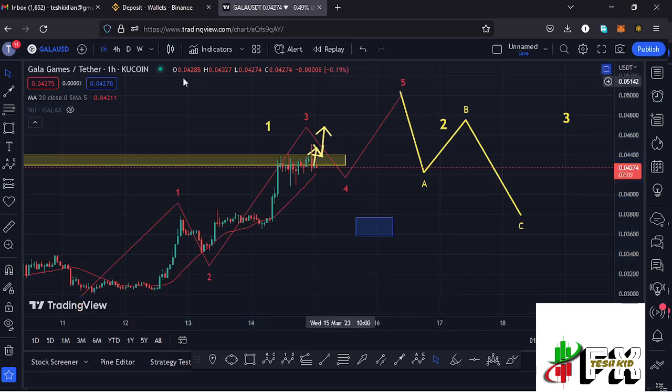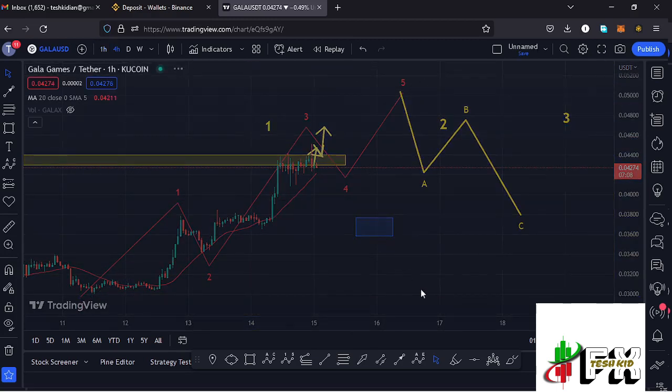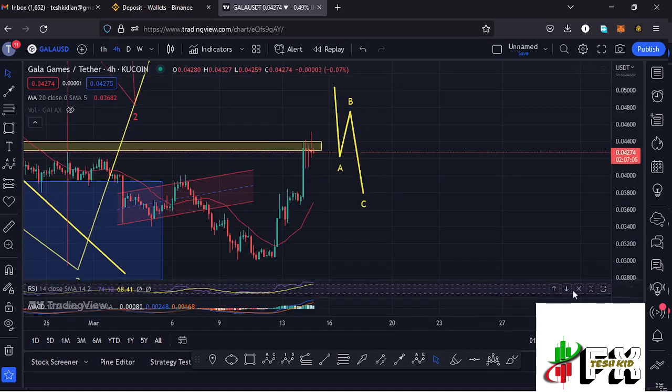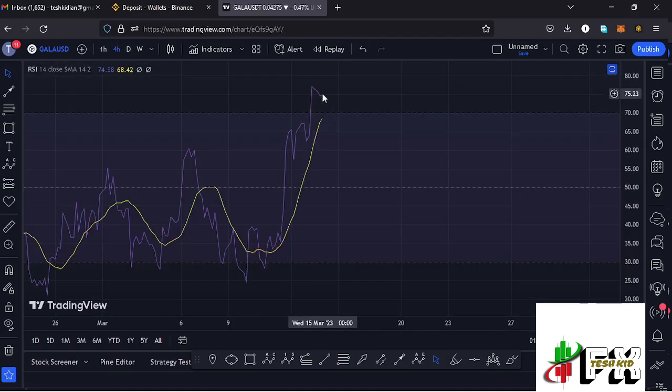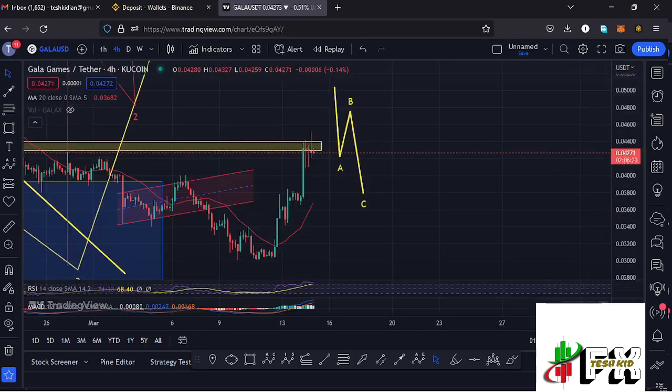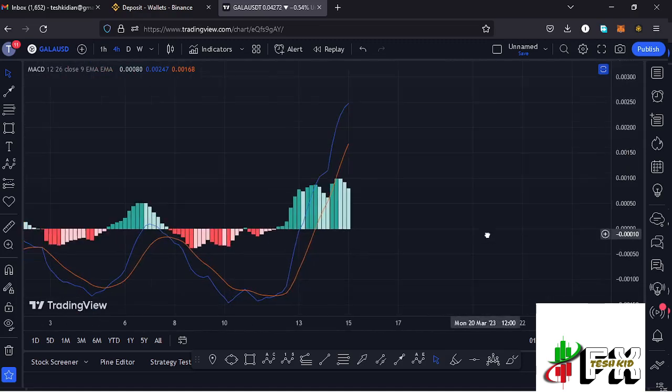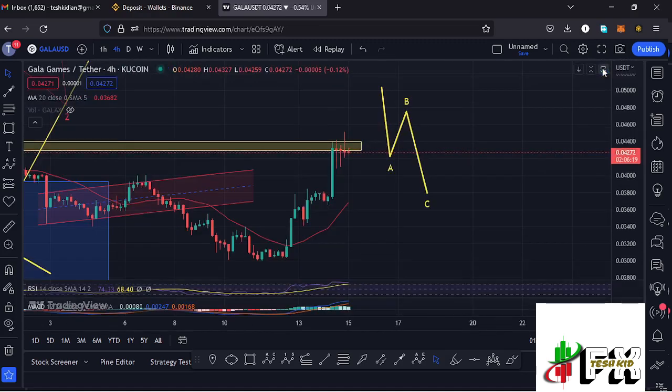And getting back to the 4-hour chart to take a look at the indicators to see what movements will be supported. Here on the RSI, we are trading at around the 74 mark, meaning we have managed to get into the overbought region, but that doesn't mean that any higher prices won't be supported on the RSI. Also taking a look at the MACD, we have been able to print a bullish cross, fully supporting higher prices. So let's be patient and see how that plays out, and I'll be keeping you updated.